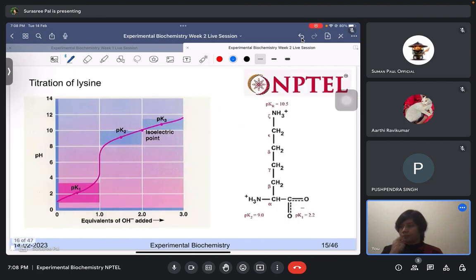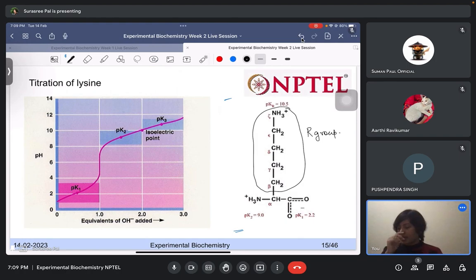All right. So next we will look at another amino acid, which is a basic amino acid, lysine. Right, so we are looking at the titration curve of lysine. So this is how the lysine structure looks. It is a big structure, right? And this is the R group,